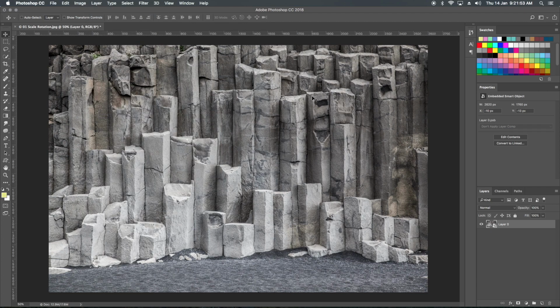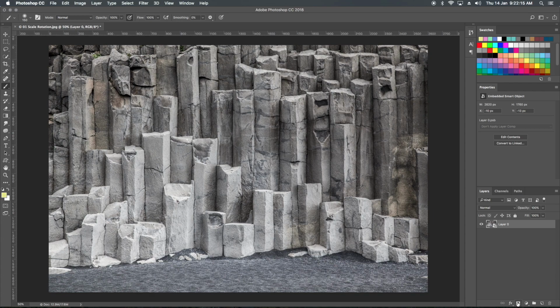So if ever you want to control your images and don't want to lose pixels, we always work in smart objects. But if I take the brush and want to do some brushing on it, that will not happen.